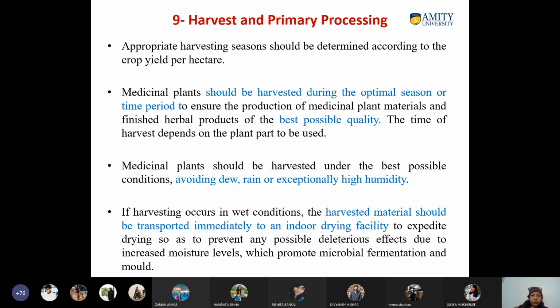So it's very important. And if you are doing the harvesting in wet conditions, sometimes it's not possible to avoid. So what you have to do is transport the material immediately to an indoor drying facility,